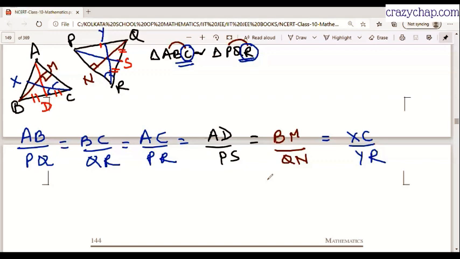Sir, is it necessary that if we are bisecting an angle, it will drop on the opposite side at the midpoint? No, never. Drawing an angle bisector doesn't mean it will meet the midpoint of the opposite side. Never. For example, let's say you have this triangle. When I make the angle bisector, this angle will be 30-30, whereas the midpoint is here. Do you understand? Angle bisector doesn't necessarily meet the midpoint of the opposite side. It will only do so in an equilateral triangle.